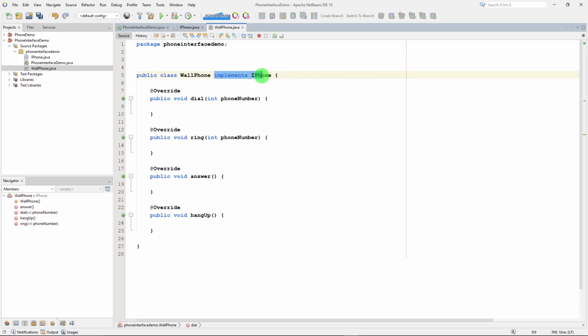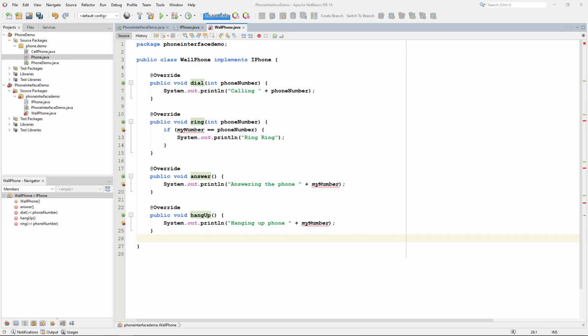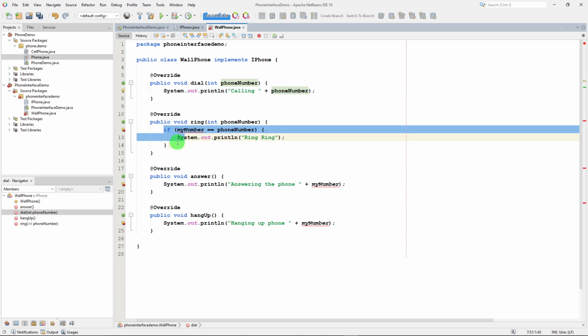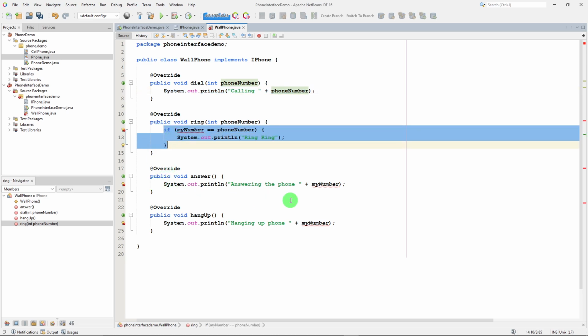So WallPhone has implemented IPhone. So I can go through here and implement each of these: dial, ring, answer, and hangUp. I'm going to pause and do that magically to shorten the video a little bit. All right, through the magic of editing, I put all the methods that we previously had, I implemented them here,